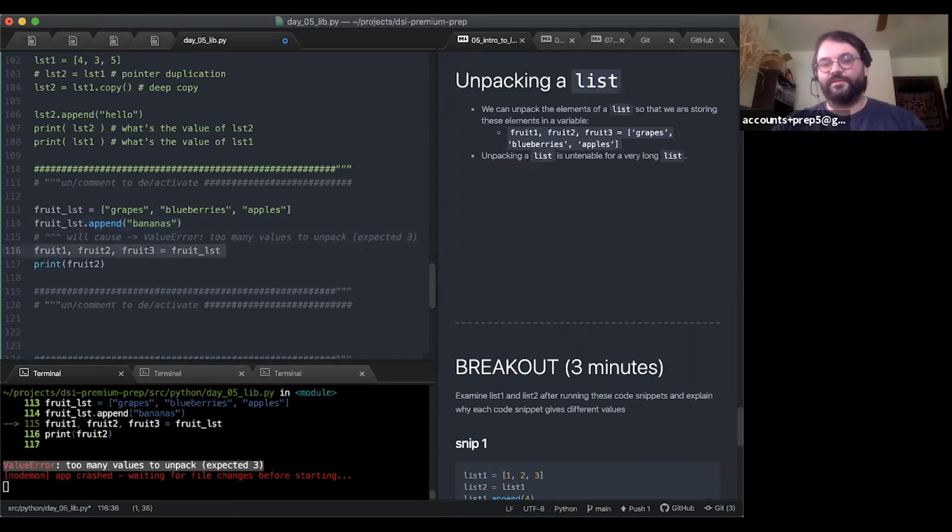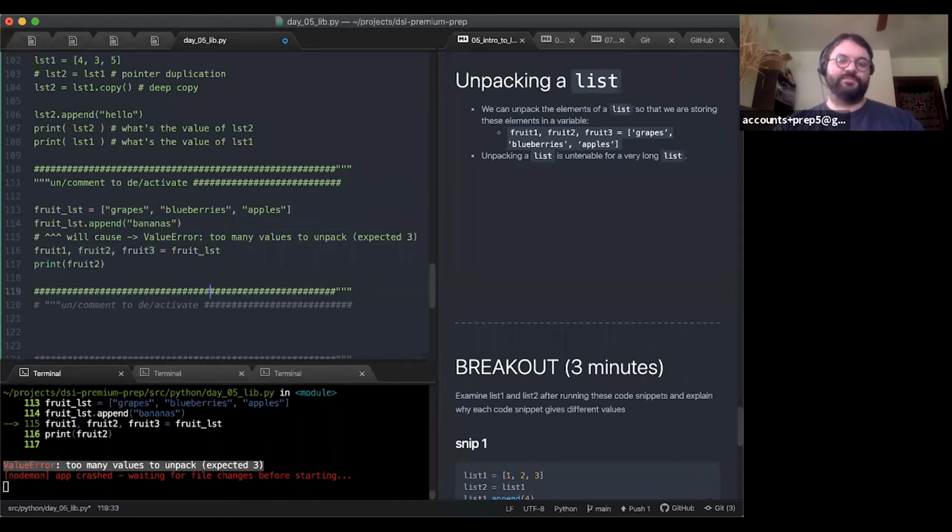But that kind of stuff can get weird. What do you do if it doesn't equal 3? Do you have a different line of unpacking code for every possible length of lists? I don't know.